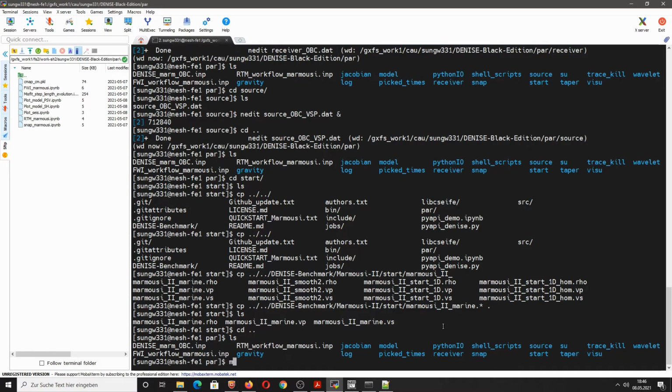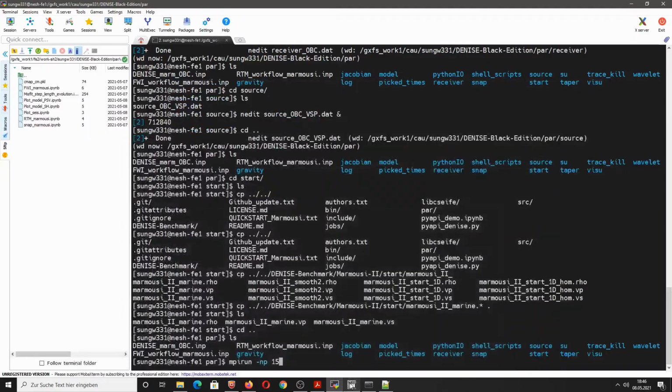And then we type in mpirun -np, which is simply the number of MPI processes or the number of cores of our supercomputer that we want to use. In this case we want to use 15.